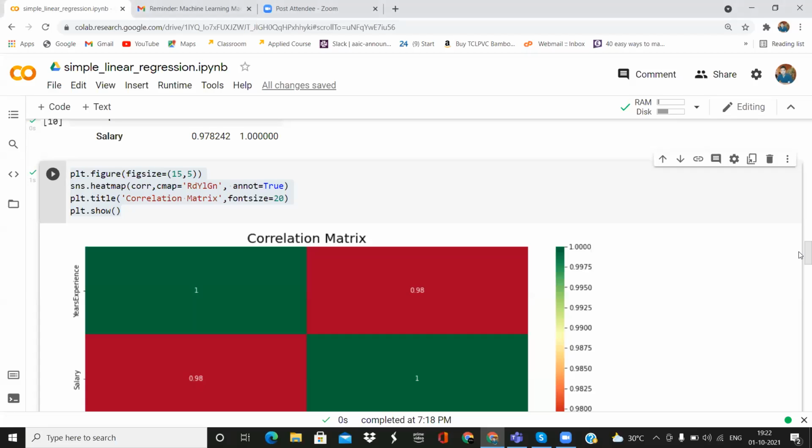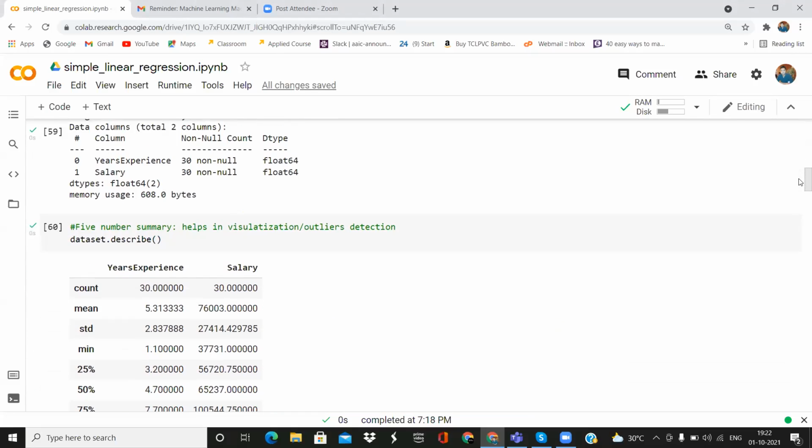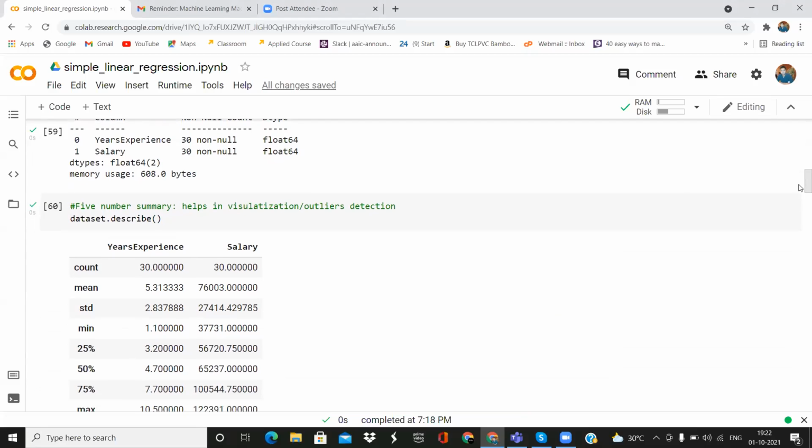Pallab can definitely explain this part. Padmini says what? To explain the heat map part, the correlation part. No, I think she wants to know the 5-number summary, right? Okay, fine. Let me explain the describe part for Padmini, then I will start from the beginning.